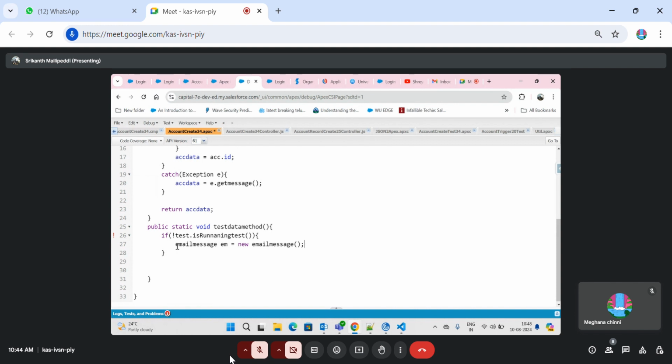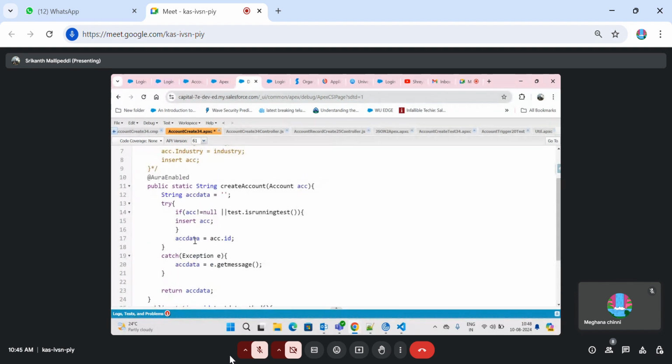If you have such lines, you can exclude them in your Apex classes with the help of not Test.isRunningTest. Similarly, in some situations, if any if condition you are not able to cover with your test data, you are going to use Test.isRunningTest, so that automatically what happens,